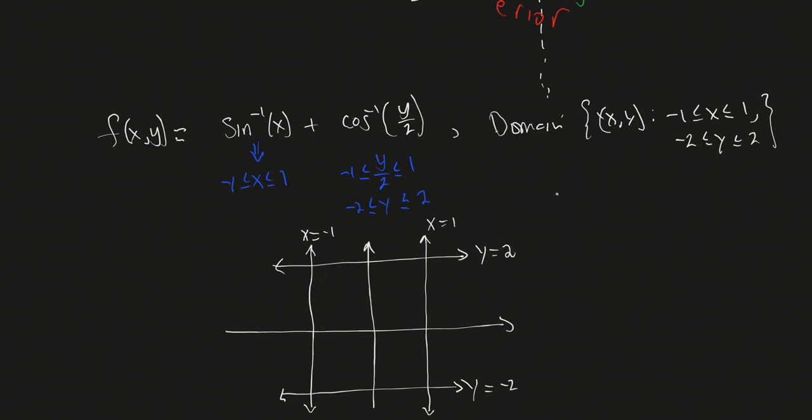And so now, where would we shade? If we wanted to shade the domain, it would be everything between x equals ±1 and between y equals ±2. So it's essentially this rectangle right here. So this will be the domain. In order for me to evaluate this particular function, I can only pick ordered pairs inside or on this